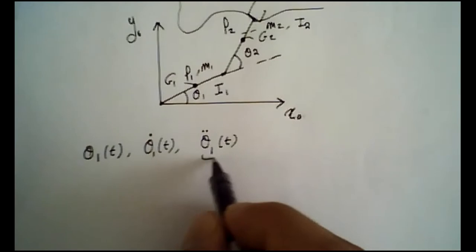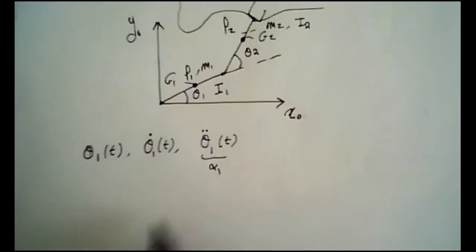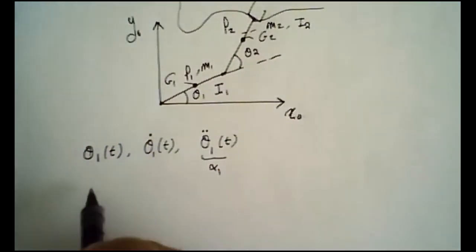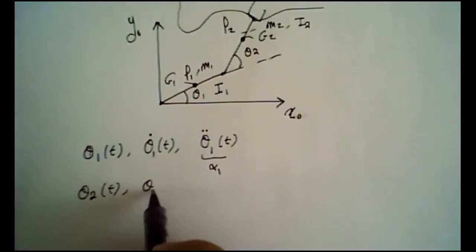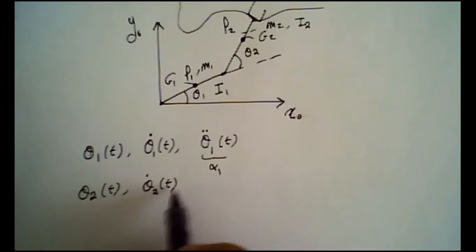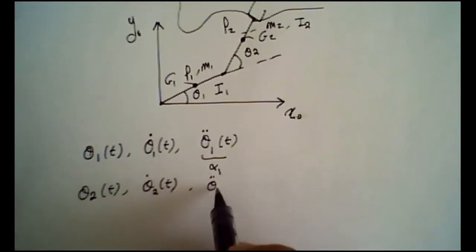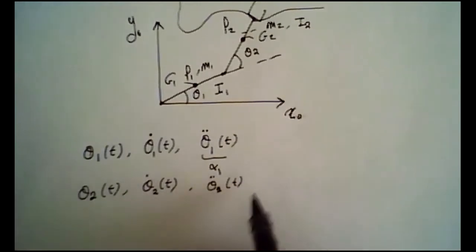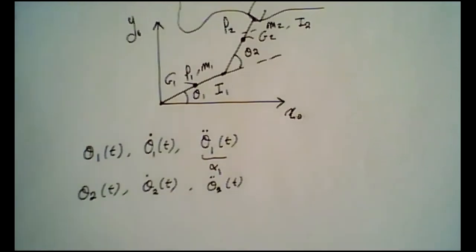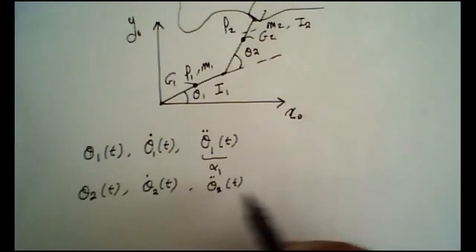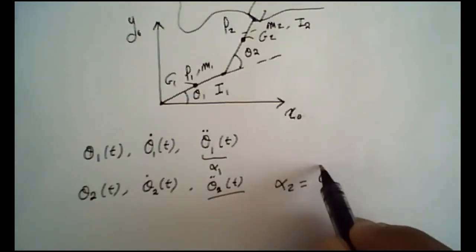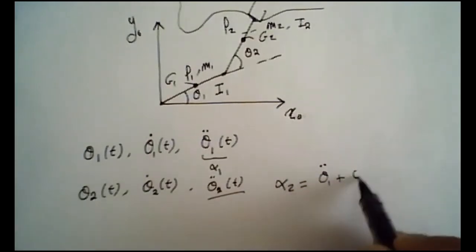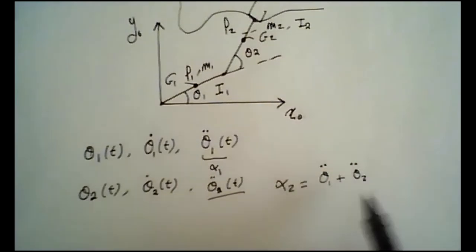So this is my alpha 1, right? And we also have theta 2 as a function of time. We have theta 2 prime as a function of time, and then we have theta 2 double dot as a function of time. All right. So what is alpha 2? Alpha 2 is going to be equal to theta 1 double dot plus theta 2 double dot, because this guy